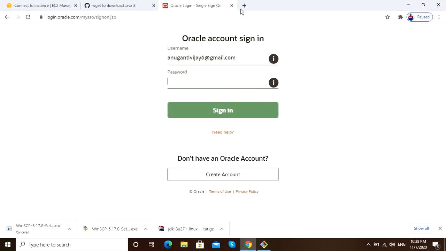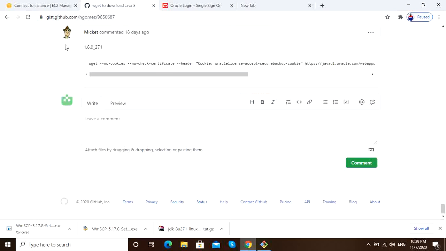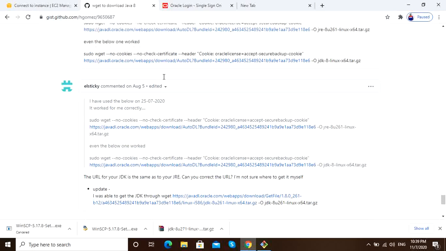Oracle is asking for a username and password. I think there are two options left for us. We can download this by signing into the Oracle site, and copy it to our Linux instance with WinSCP or FileZilla utilities. Another option is to download it with wget from the web using this command. I've gone to GitHub and tried a lot of these links, but